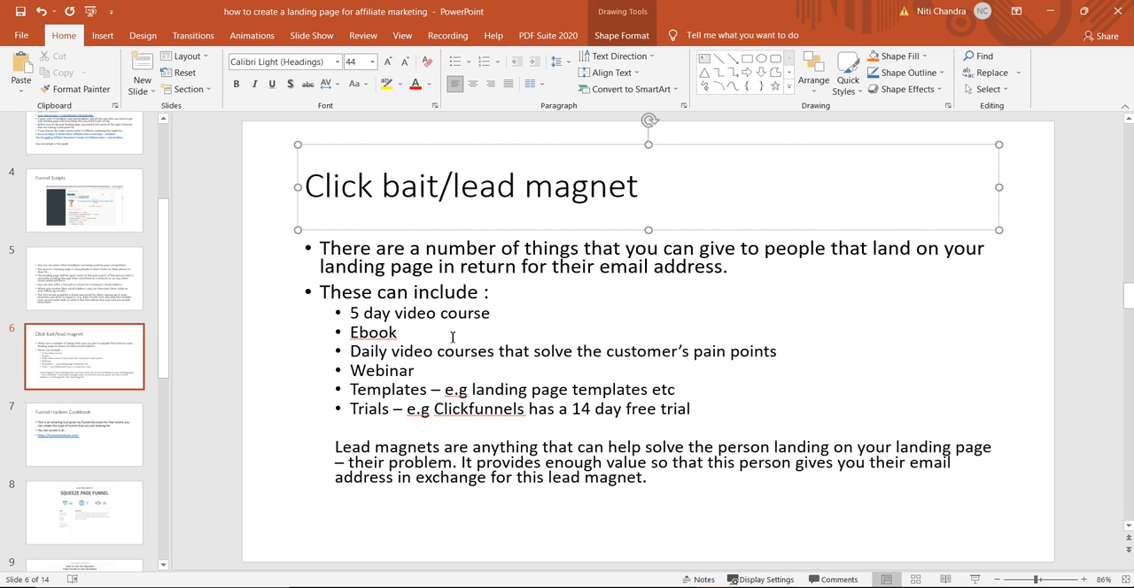In exchange for someone's email address, you can give certain things to that person in order for them to give you their email address. The email address is used to build a relationship, to get to know them more and to get to know you more, so they know, like, and trust you, and then eventually buy from you. This can include a 5-day video course, an ebook, or daily video courses that solve the customer's pain points. It could be a webinar, templates, for example landing page templates, or trials. ClickFunnels has a free